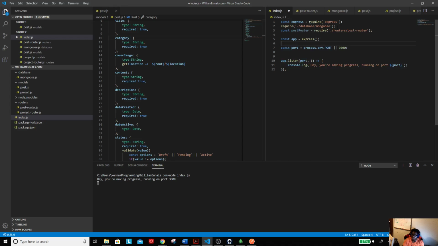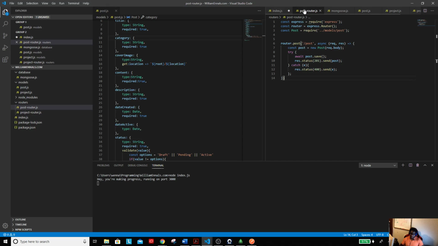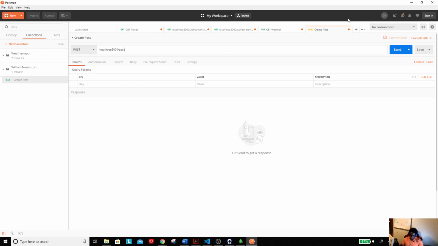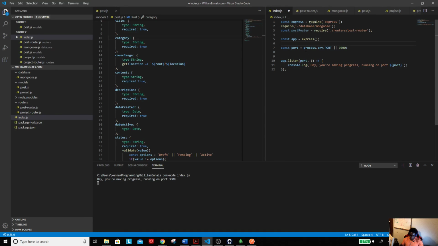So before we didn't have to do anything, we just created the database. I mean, we created our post right in the file here, not in the router, so we didn't have to do much. We just had to link to it. It was created. It was in the database. Now we're saying, okay, now that we're using routing, we have to tell Express, which is our app, which is handling all the routing, when you go to different endpoints, for instance this /post, once you get there, you're going to use